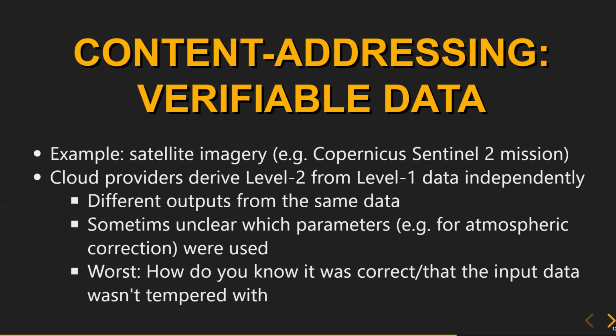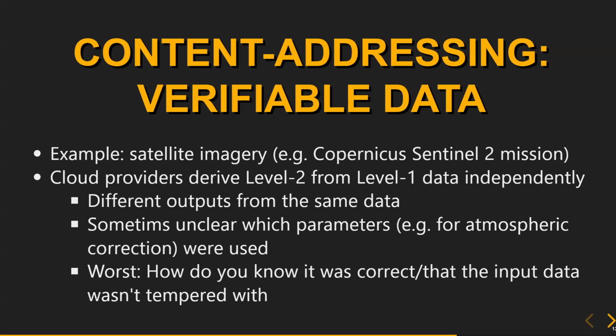And then to the other part about the verifiable data pipelines. So again, my example comes from the Copernicus Sentinel imagery, which is similar to the Landsat data in the US. If you look into satellite imagery, you have different levels of processing. So there is the level 2 data, which is kind of the data you think of when you look at satellite imagery. Before we get into level 2, there's level 1 data, which is more raw, and you need to process it to get those nice colors out and so on.